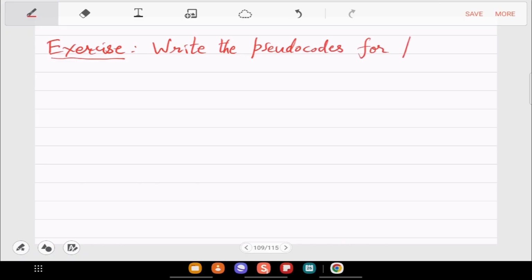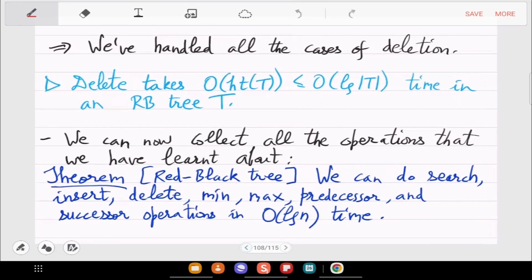So you can write the pseudocodes for, actually how did you find min in the RB tree? That pseudocode also we have not written, I think. How do you find min in the tree? Yeah, but will you necessarily find everything on the left? Sometimes you might have to go right?